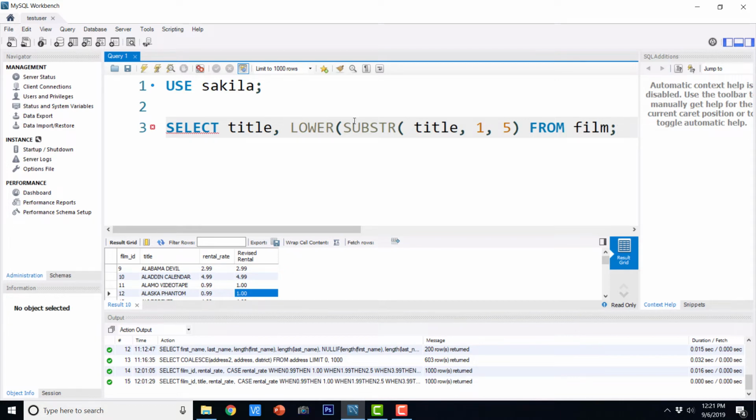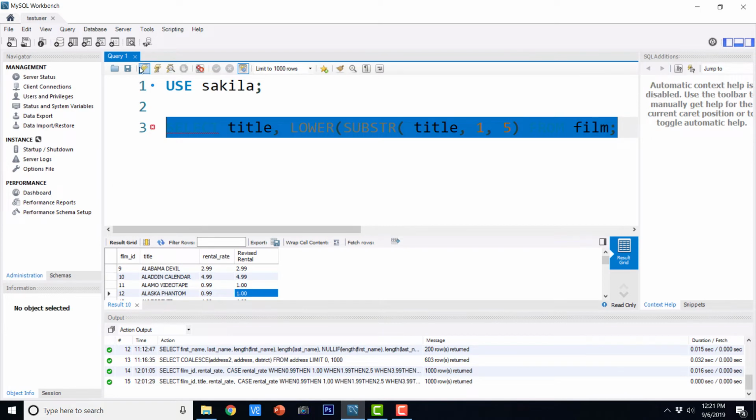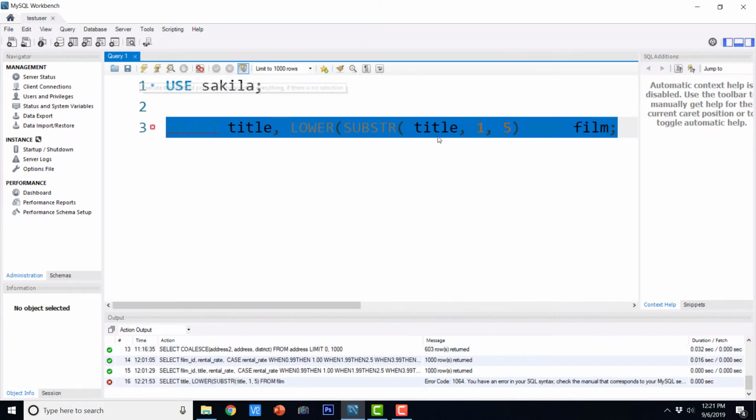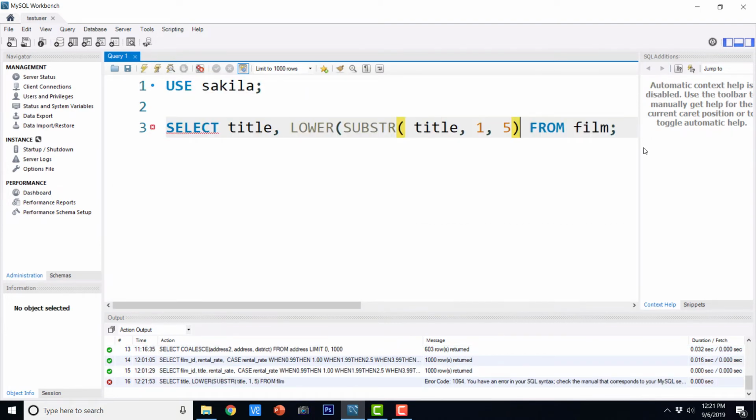Okay, so we are going to select title, then we are going to select the substring of it from 1 to 5, which starts at 1 and is 5 characters long, and then we are going to turn it to lowercase. So let us execute this and let us see the output. Okay, so there is some problem with the query. The problem is that we did not close all the parentheses. And if I execute this,